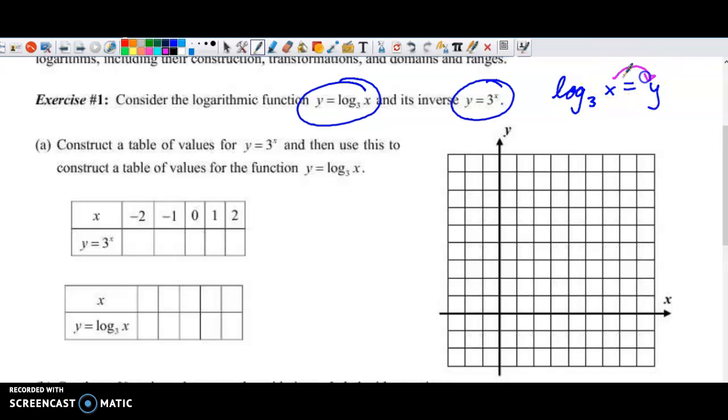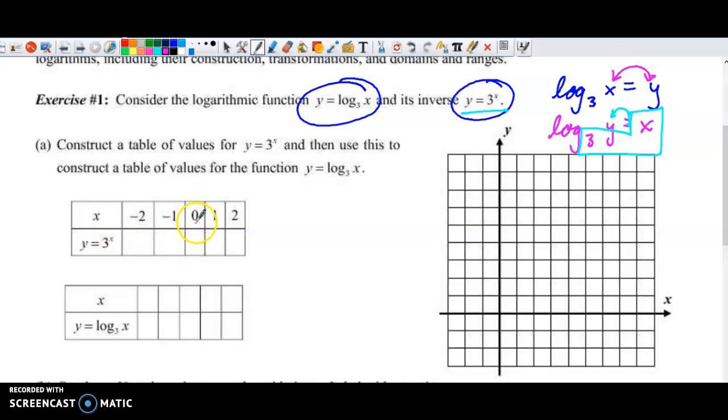So I guess I didn't switch x and y yet. Log base 3 of y equals x. Then you can do your boot method, that 3 to the x power is equal to y, is how we get to this. So again, if you're doing that 3 to the x power equals y, and you set up